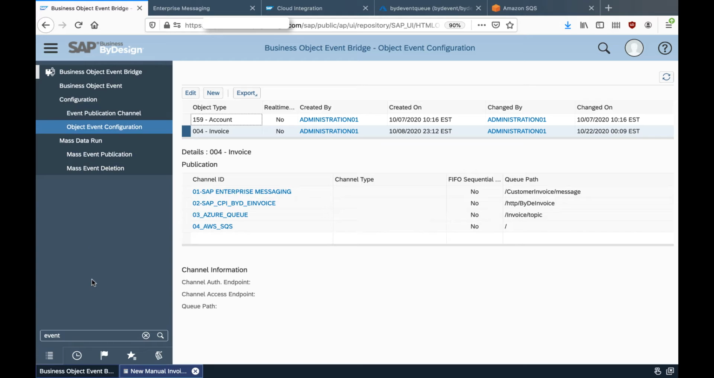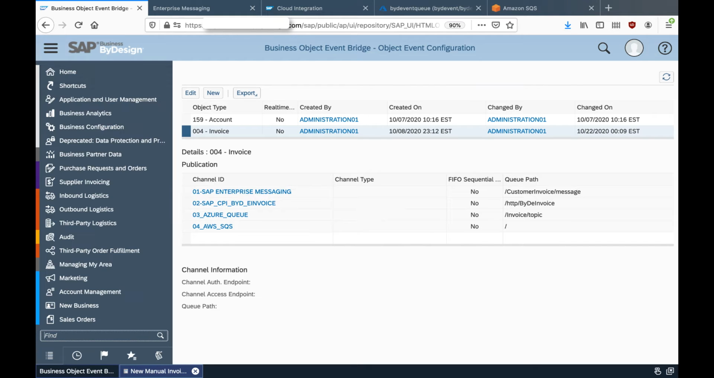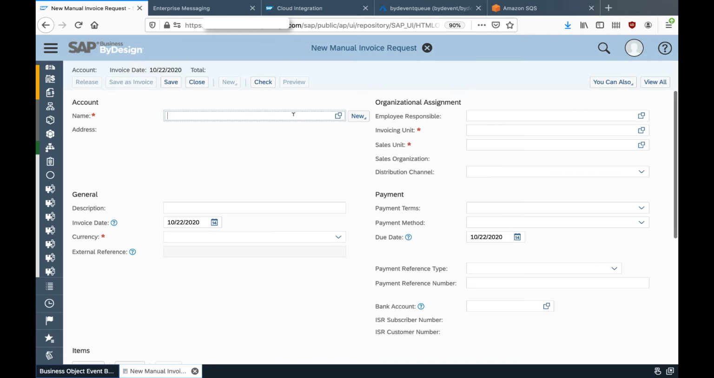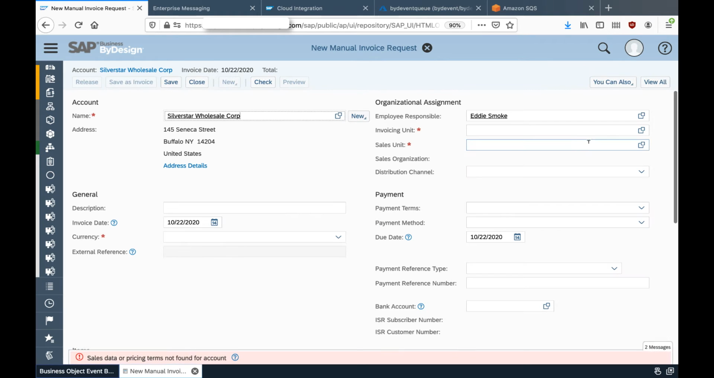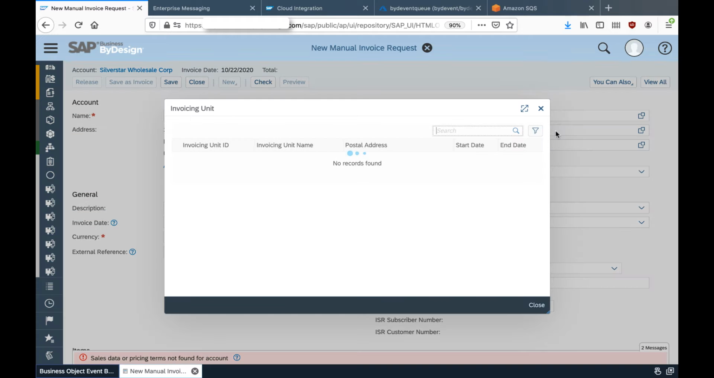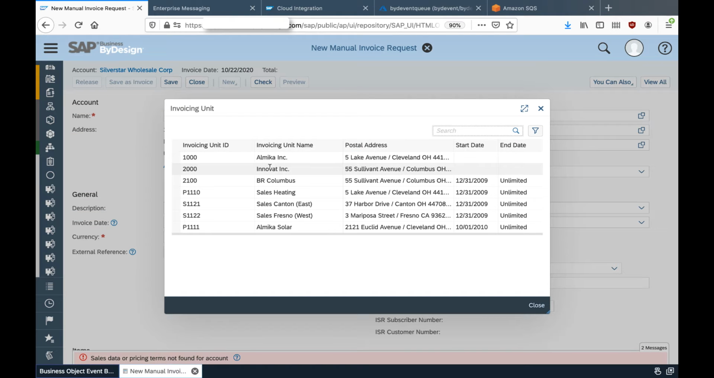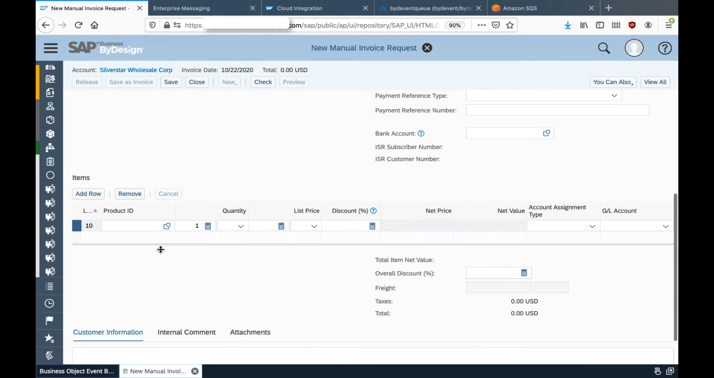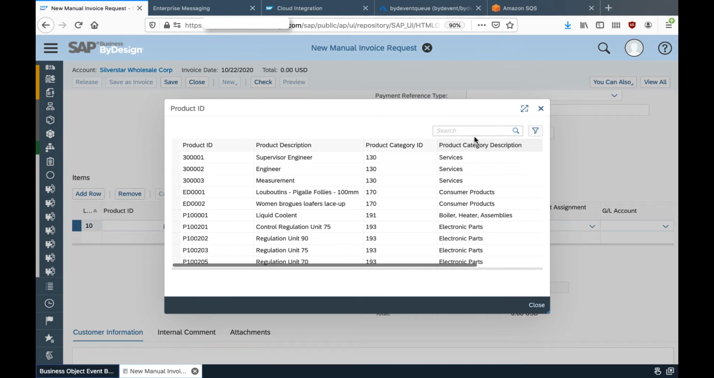Okay, now let's have a look step by step. First, let's look at how the event is generated. Simply, let's create an invoice manually and select the account as usual. Of course, you can create the invoice from the order. I'm just doing a very quick demo, and the product ID,